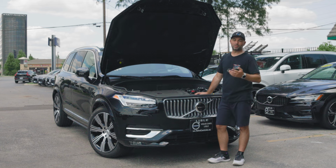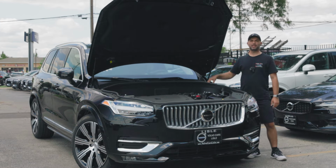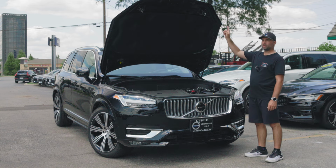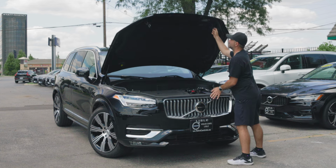What you also want to know is where you put your windshield washer fluid, and it's sitting at the top of the engine bay compartment, completely out of the engine bay, so you don't spill any windshield washer fluid all over the engine. Now, the only thing that I noticed is the hood actually goes all the way up, and for short guys like me, I cannot reach the top of the hood, so I have to reach for this